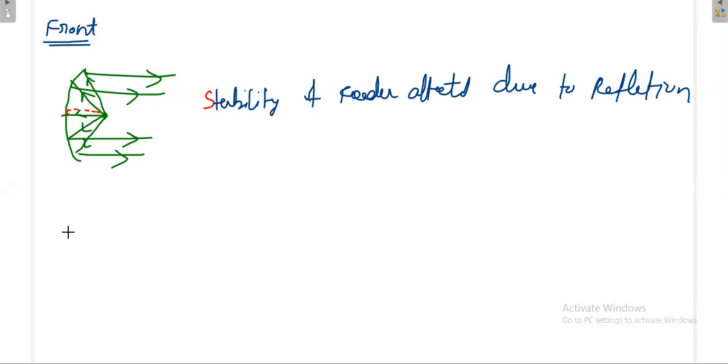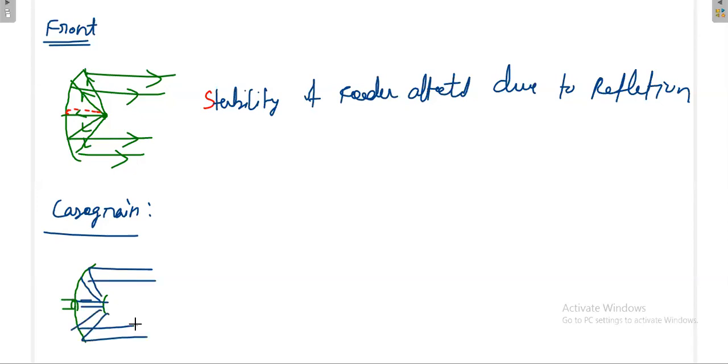Now I will do the classification alone first. Next feed is the Cassegrain feed. Here, instead of one reflector, they are using two reflectors: this is the main reflector and one sub reflector. Now, to overcome the stability problem, they are placing their source, the feeder, here. This feeder gives the signal to this, then it goes here, and it goes like this.